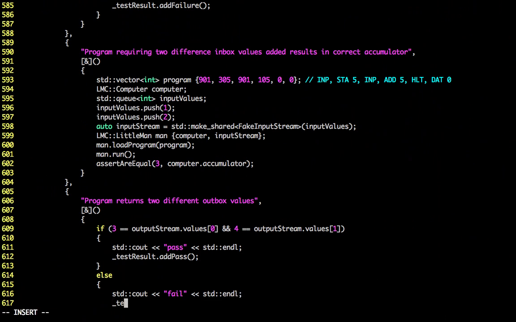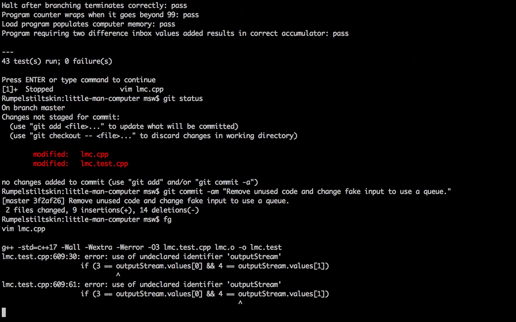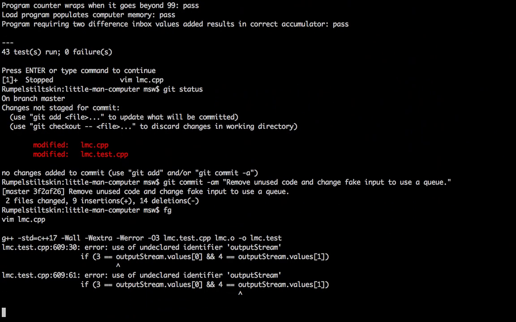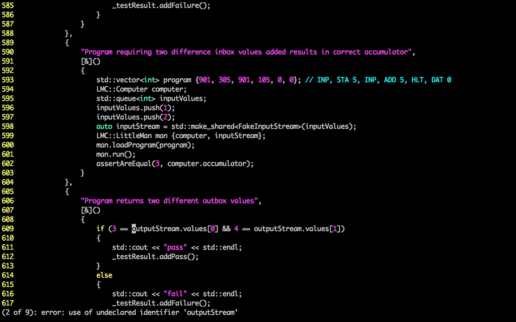And then add failure. That won't compile because we're missing an output stream, but that's good. That's all we wanted. So now we need to create an output stream,